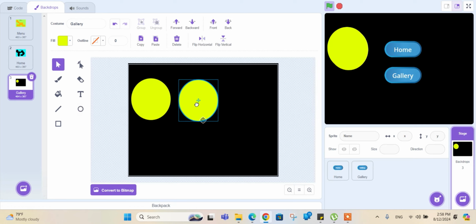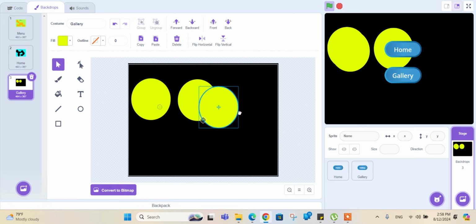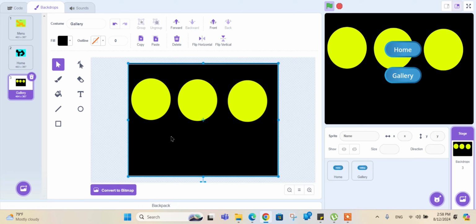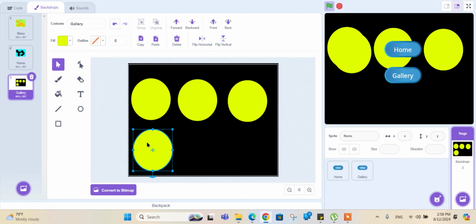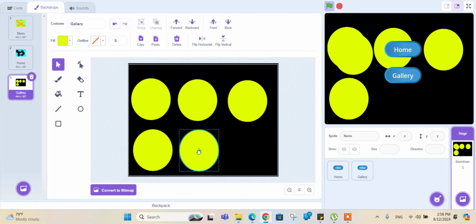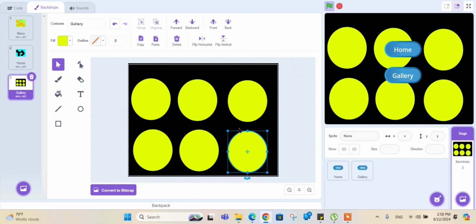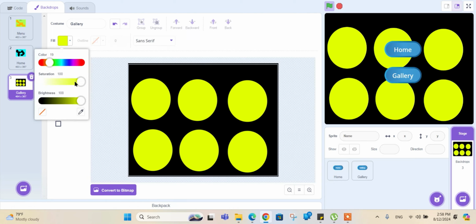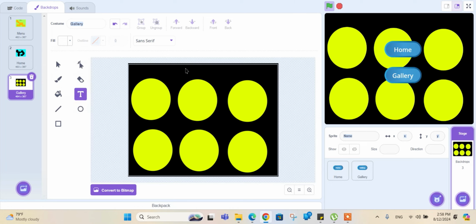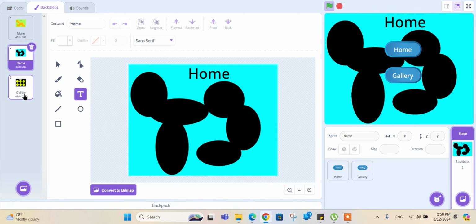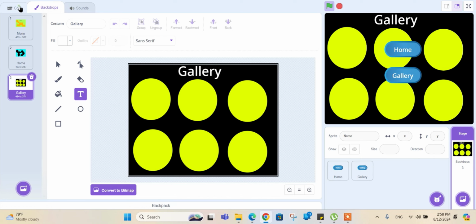Control V. So this is our gallery menu. And just don't forget to write down gallery here with the white color, GALLERY. So this is the gallery menu. So the main menu, home menu and the gallery menu. So our backdrops are ready,